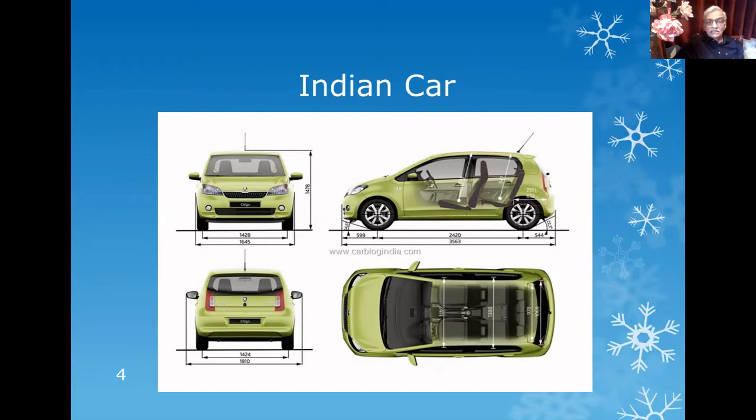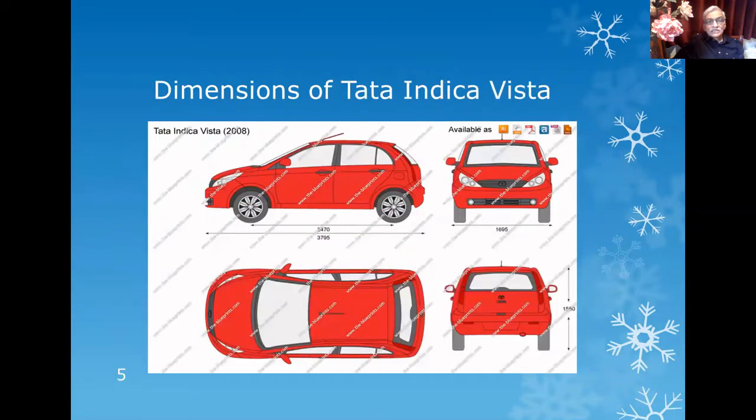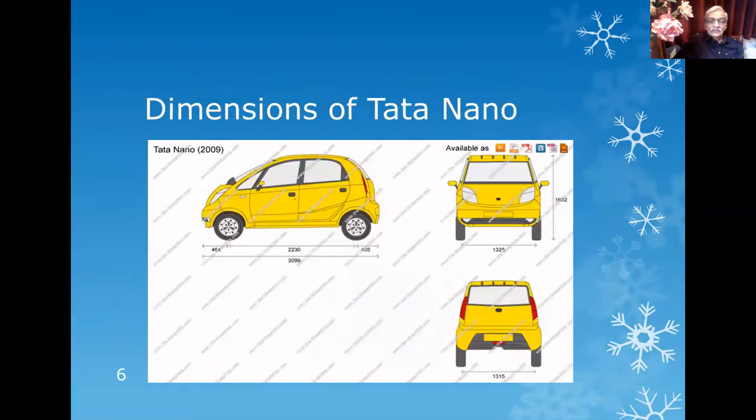These are all given here. You can go through this presentation and try to get the dimensions for the Tata Indica, which is the most versatile and most popular car in India. It has dimensions of length, width, and height. In addition to that, there are other aspects like the turning radius of a car, the wheelbase, and the ground clearance. These are also important when you design a parking lot.